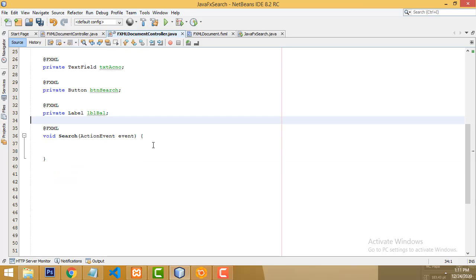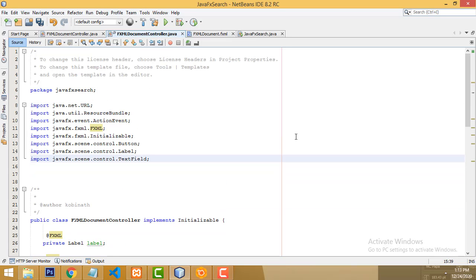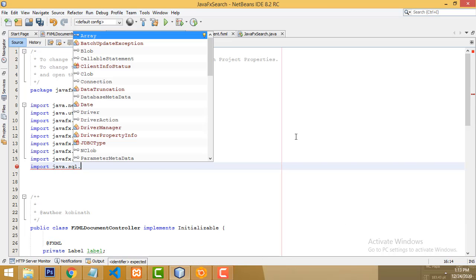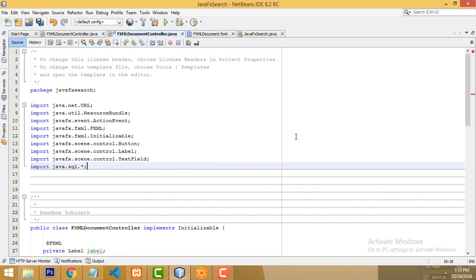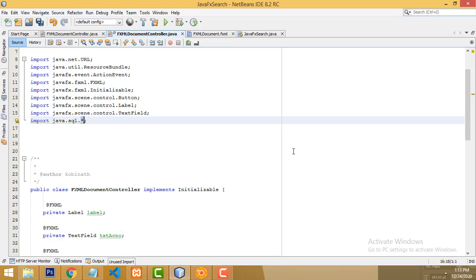Now what I am going to do is, first I am going to establish a database connection, that is a must. So first I am going to go here and implement the namespace. So you have to write import java.sql.*. You have to write the asterisk. Okay, if you use the asterisk, all the SQL classes are included by this asterisk mark, right?